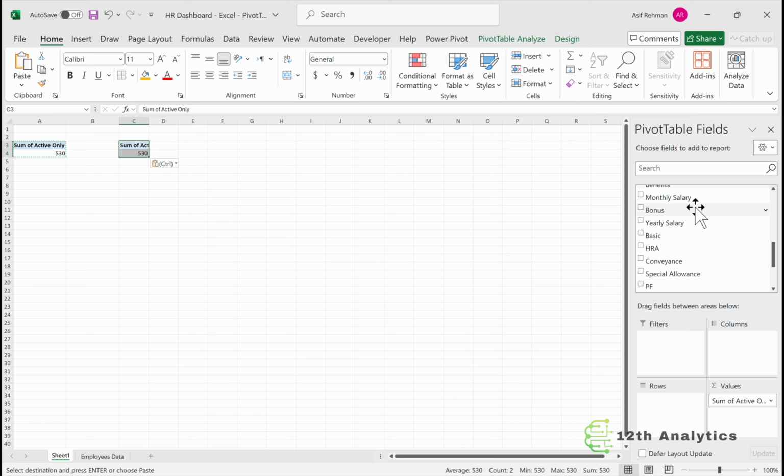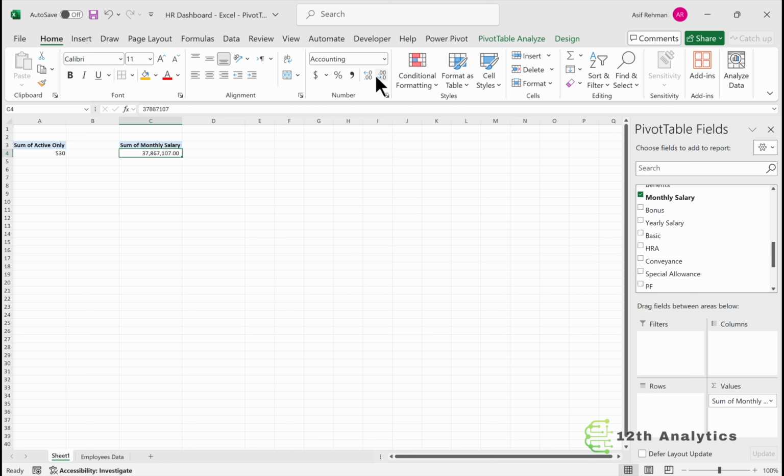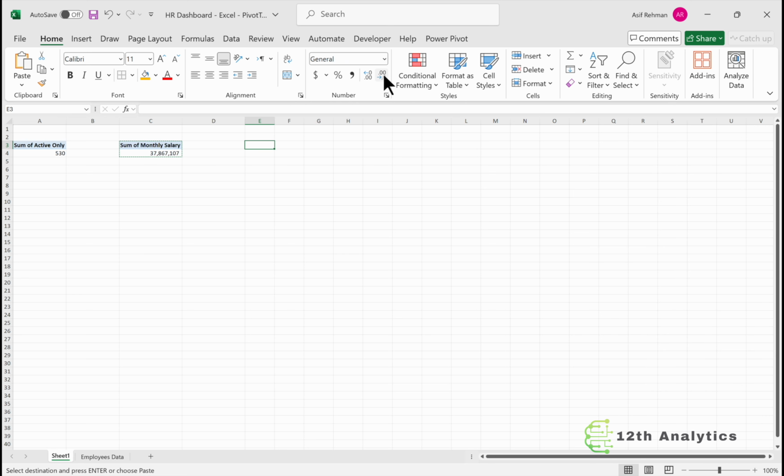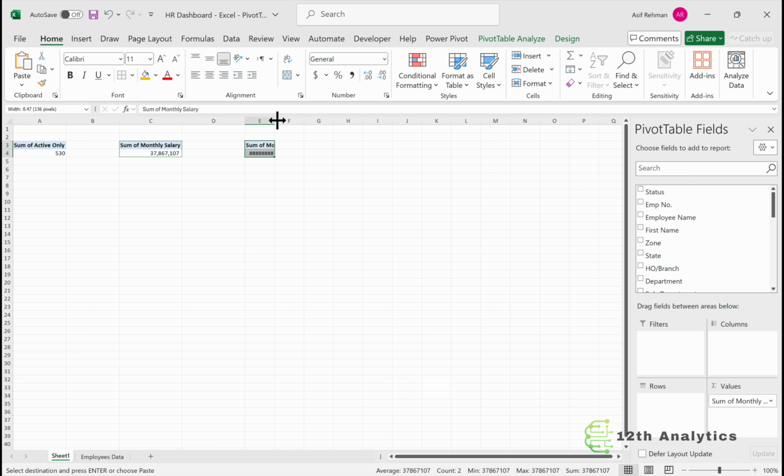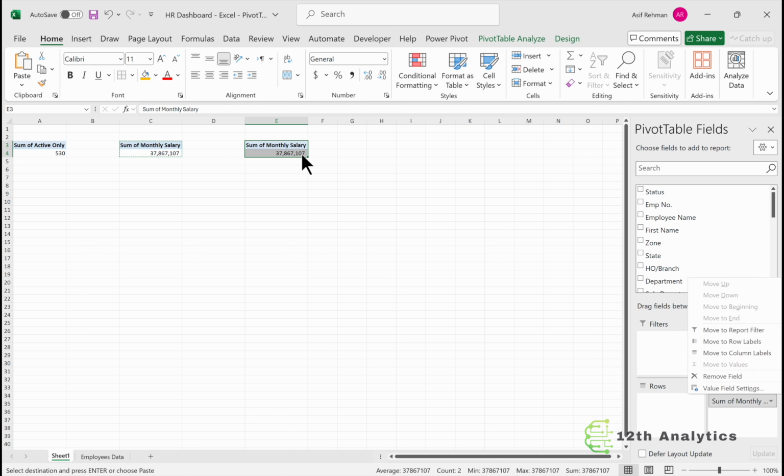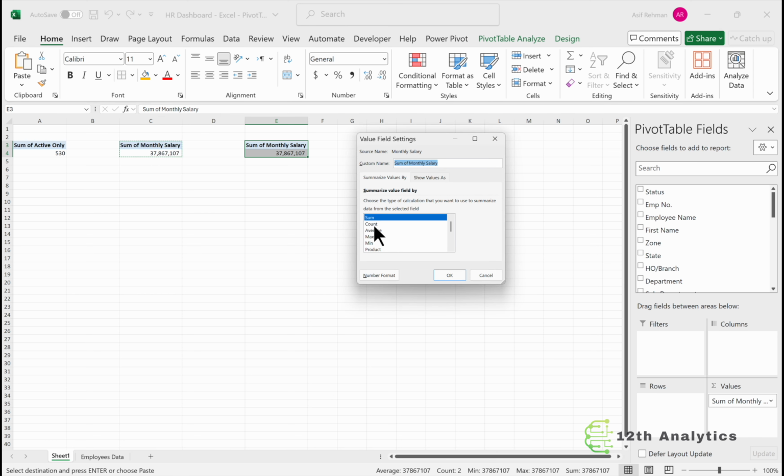So, drag here the minimum salary. Okay, so this is our monthly salary. Okay, fine. Copy it and paste here. Rename it. Change the computation function. You can click here, value field setting, and use max here,